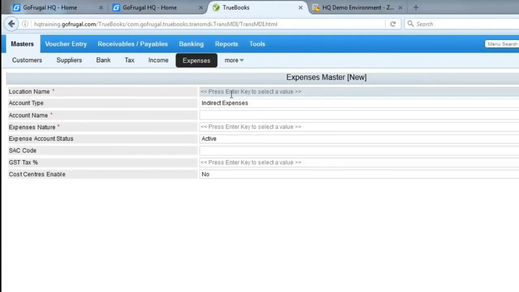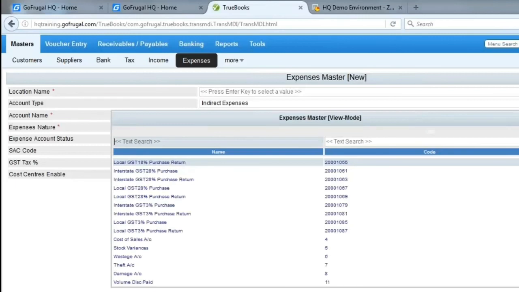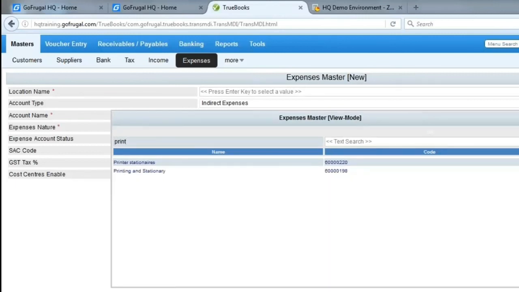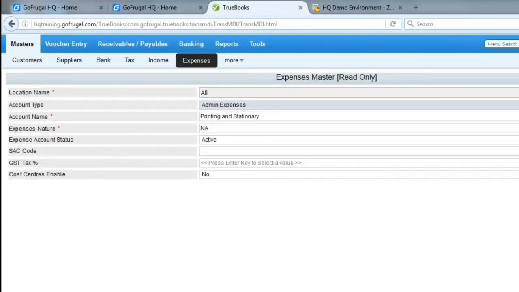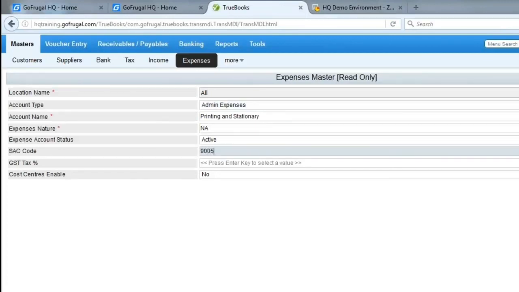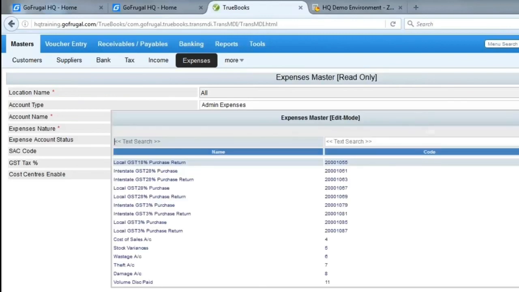For example, already we have done. Here you can map the SAC code. We can create this as admin expenses.